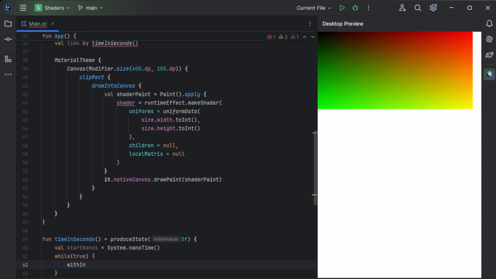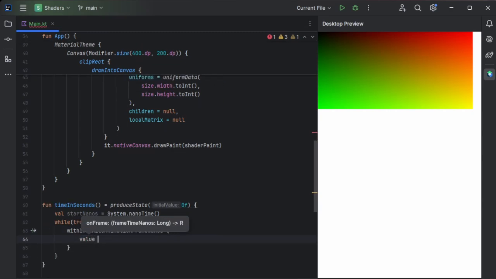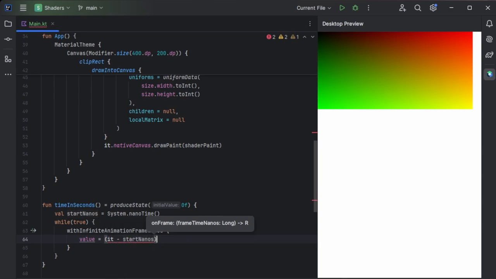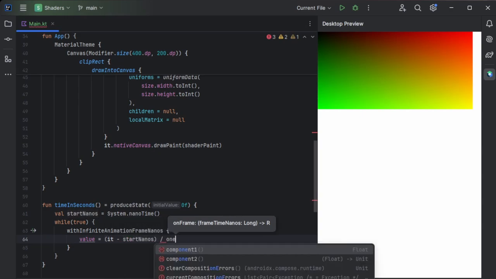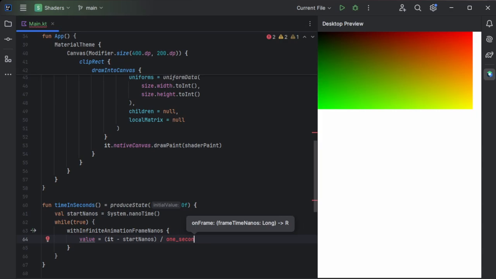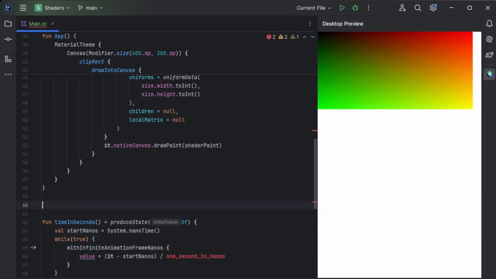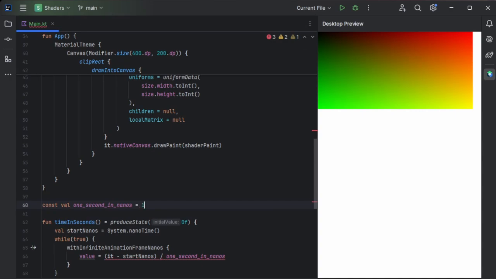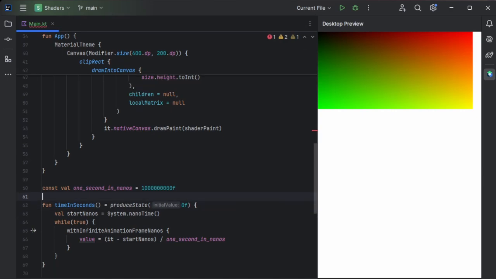in this infinite loop we will take the current time and calculate how much time has passed since our first frame. In that we will get how much time has passed since the program start, and we're gonna divide with 1 second in nanoseconds, so that is 1 divided by that's milli, micro and nanoseconds. Okay,